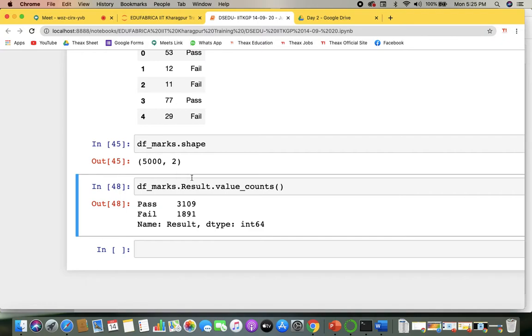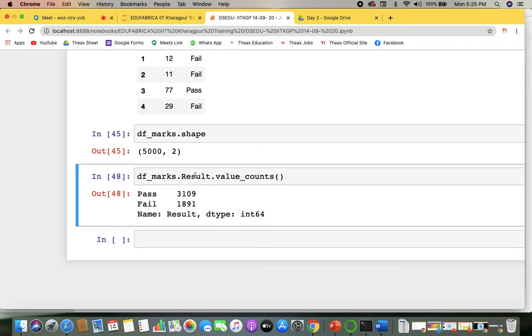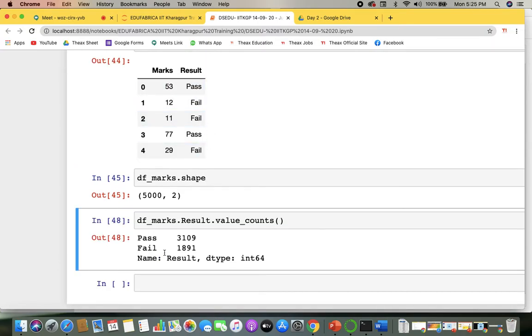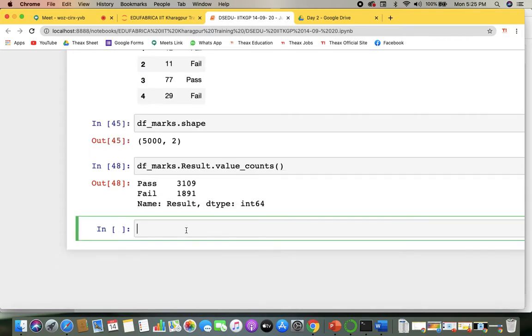But we have to see which points we would be getting accordingly, with the passes and failures. When you talk about pass and fail, we need discrete values. So pass belongs to 1, fail belongs to 0, right? So the very first thing is to create dummy values for pass and fail. How will we create the dummy values? So the result is basically